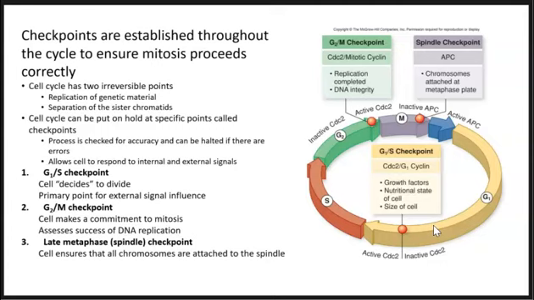And finally, has it increased its overall size? Because again, it's going to split into two daughter cells. You don't want them to be half the size of the original cell. You want them to be about 3/4, or maybe 7/8 the size of the original cell. So it has to grow itself in size before that. If it reaches all those points, it passes the checkpoint and tells the cell, okay, we can leave G1, move